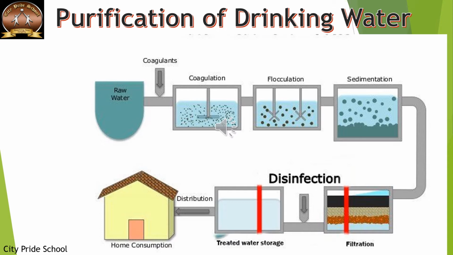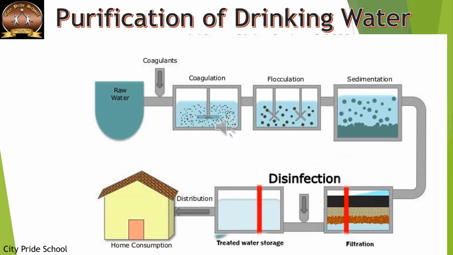To that raw water, coagulants are mixed. Now these coagulants actually help in the process of coagulation that you see. What is coagulation? Again, something similar to loading. To these particles of coagulants, the other very fine dust particles that are suspended settle over it, thereby producing larger particles called flocks. This leads to flocculation, meaning formation of flocks. Once flocks are formed, or once flocculation happens, particles become larger in size, and because of the weight, they settle